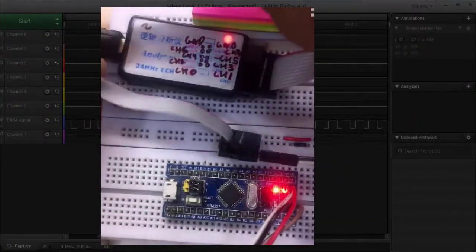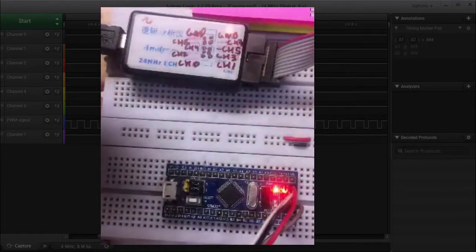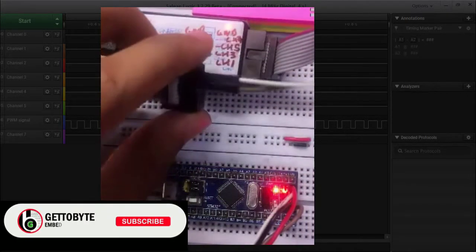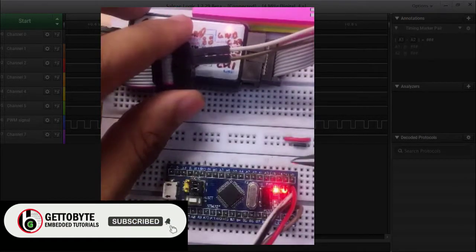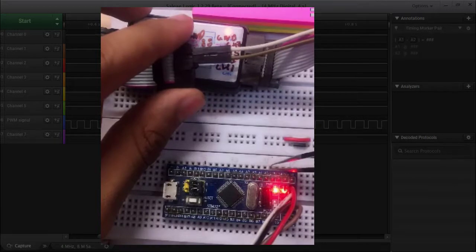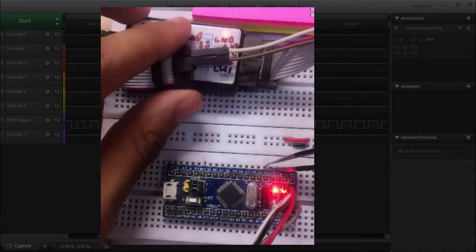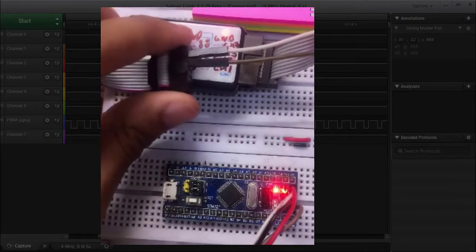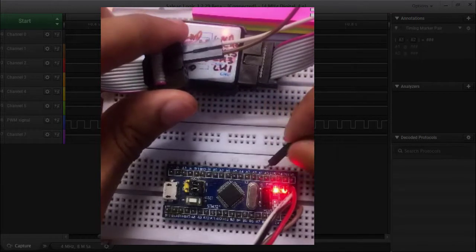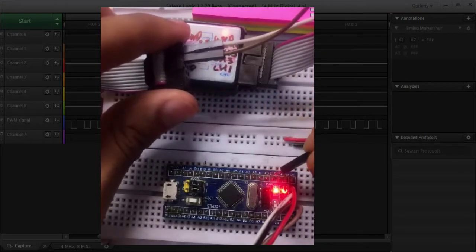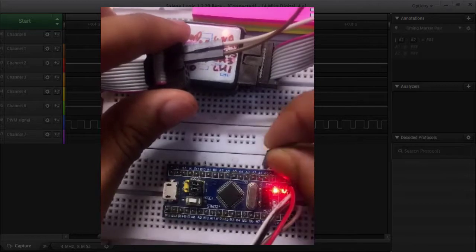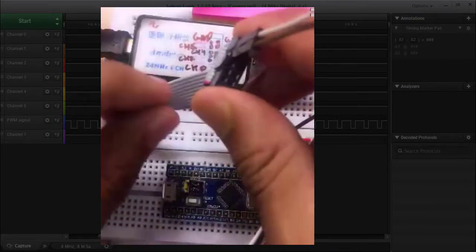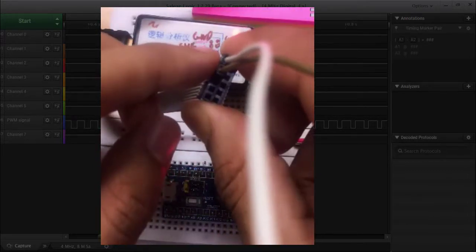So now first, doing the connection of our logic analyzer channel pins to my STM32 PWM output pin. So now I will be connecting my PWM output pin PA0. Whichever controller you are using and whichever pin you are getting your PWM signal from, connect that pin to one of the channels of the logic analyzer. So this is my fifth pin, and I have connected this brown wire to my channel 6. As you can see, this is my embarked area.